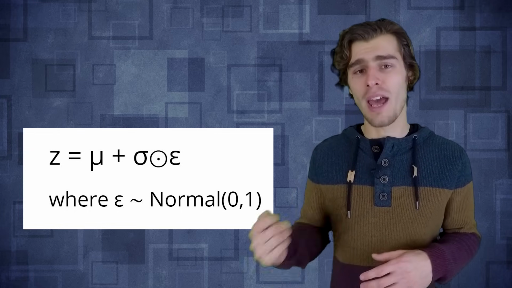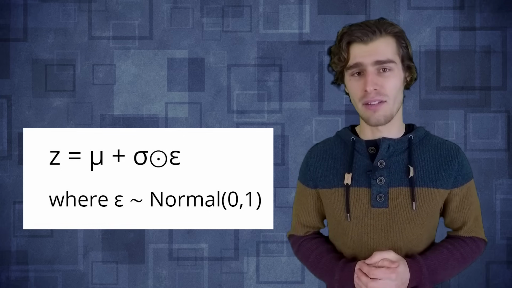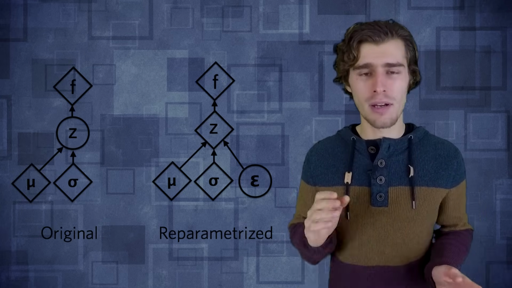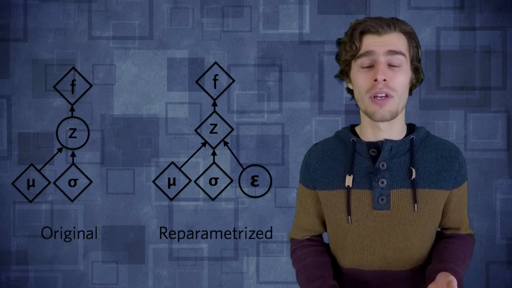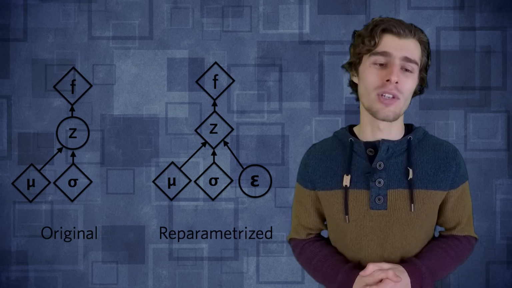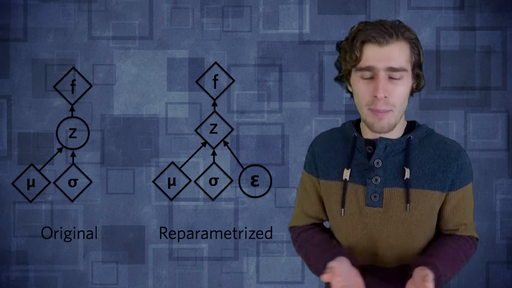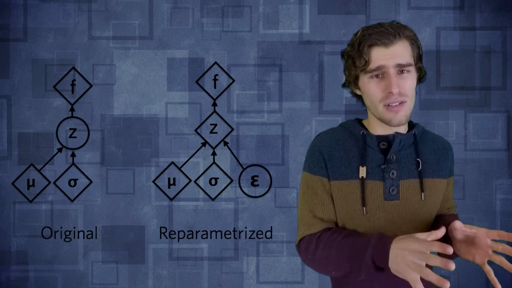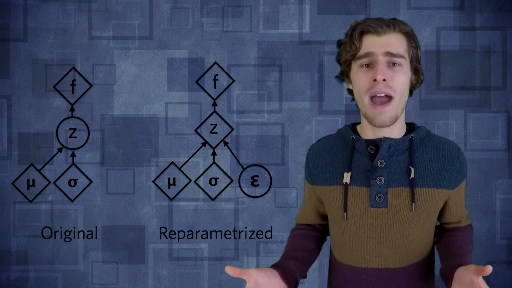We're going to sample from that epsilon and then multiply it with sigma, add mu, and we have our latent vector. The clever thing here is that now our mu and our sigma are the only things that we actually want to train. So there we have to be able to compute gradients and run backpropagation. But that epsilon, well, that doesn't really matter because we don't want to change that epsilon ever again. That epsilon is a fixed stochastic node. Okay, it's still stochastic, but we don't have to run backpropagation through it,